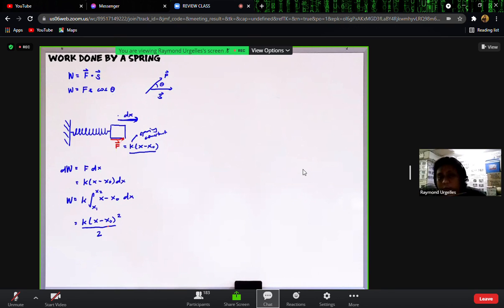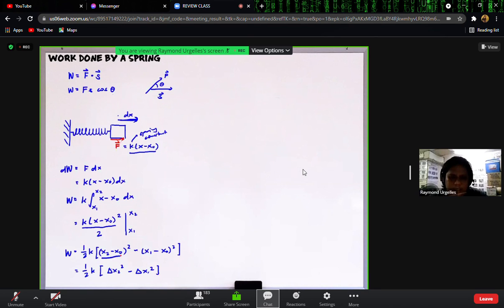by the power rule, squared divided by 2. Then the derivative of the inside is just 1, so it won't show up in our equation. So this is evaluated from x1 to x2. Therefore, the work done for a spring is 1/2 k multiplied by x2 minus x0 quantity squared minus x1 minus x0 quantity squared. Or you can think of it as 1/2 k multiplied by delta x2 squared minus delta x1 squared. Again, what we are looking at here is the change in length